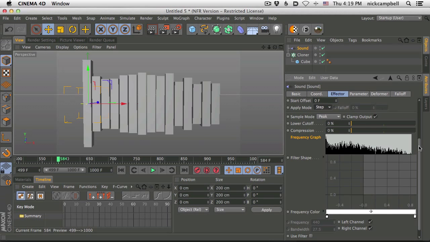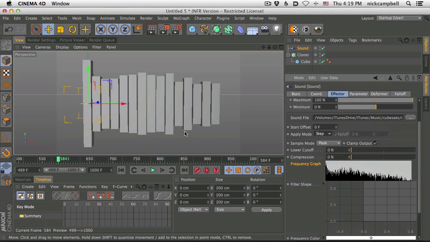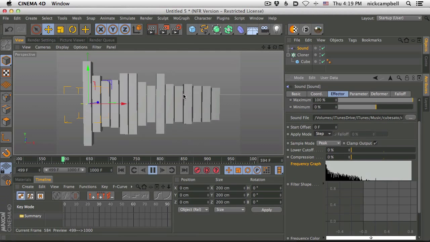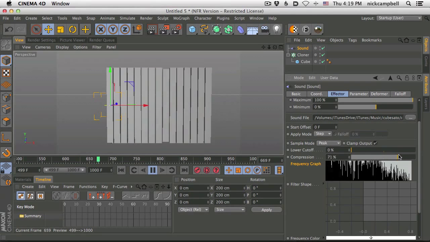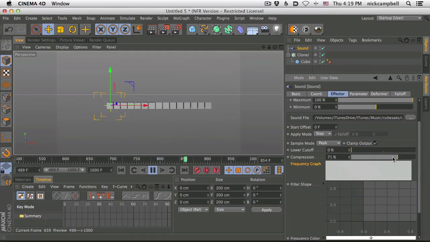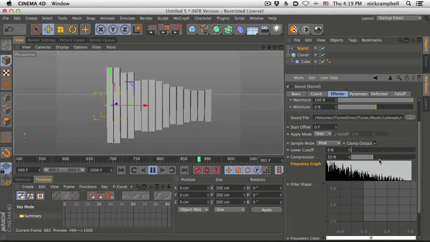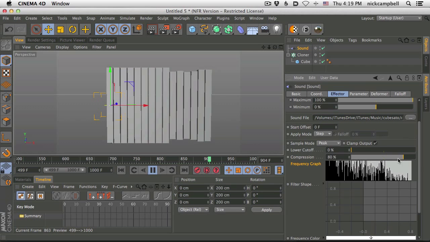Well, now we know we can drive that by hitting play and seeing what's going on. Now, we can compress it, which looks like it's making the louder stuff louder and the quieter stuff quieter, which, to me, I'm not exactly sure is a traditional type of compression. What it looks like it's doing is basically turning everything up.